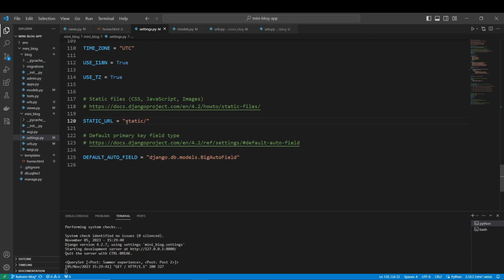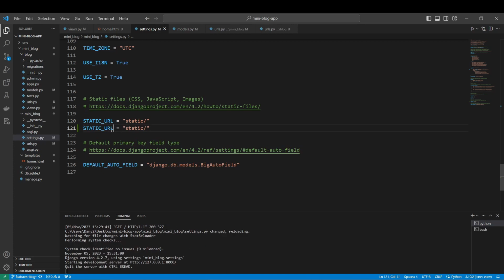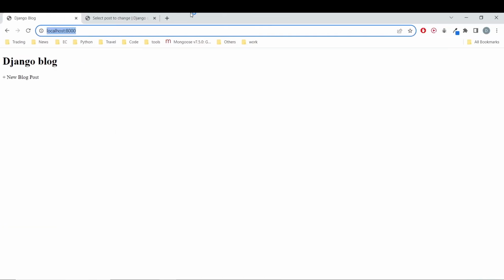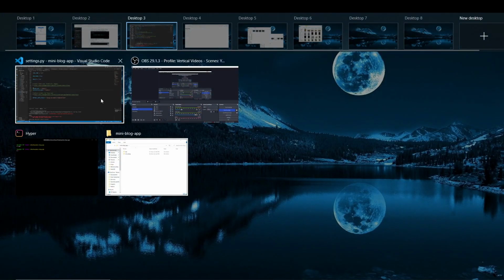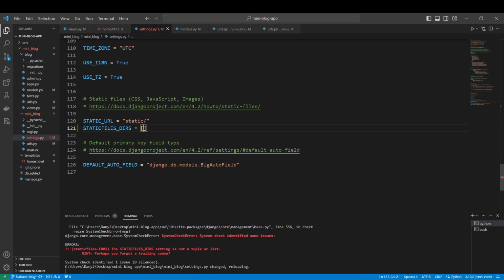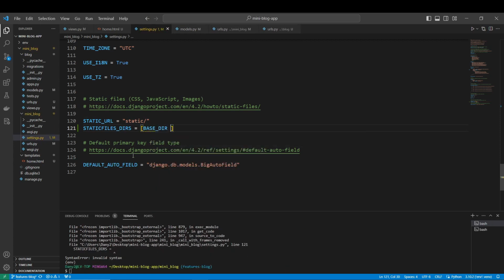So we have here the URL of the static, but what we want to add also is the static files dirs. And again, for this information, you just have to look in the Django documentation, which I will show you later. For now, let's say static, the same thing. It's going to be here in your base directory, and it's going to be in the folder that you are going to name